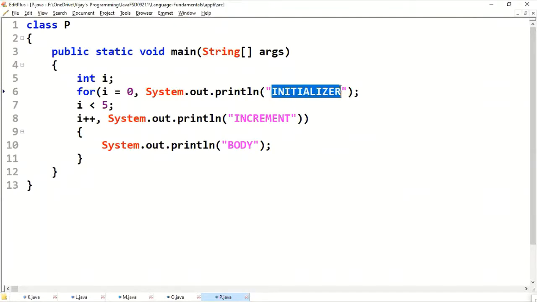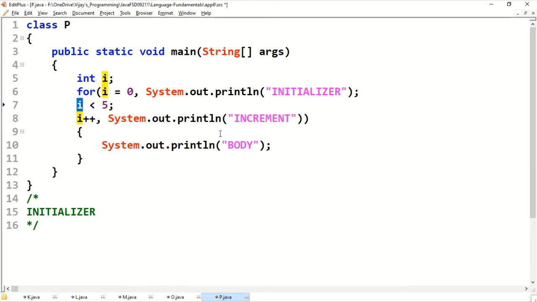The initializer will be executing only once. Then 0 less than 5, yes. Body will be printed, entering the body.